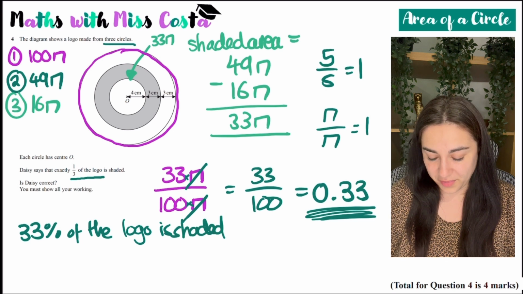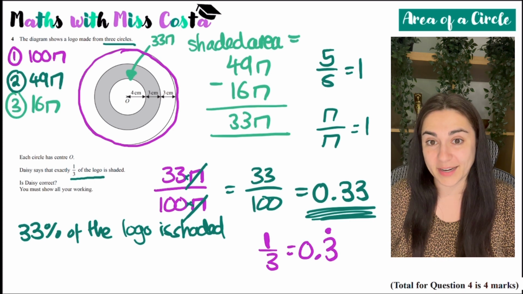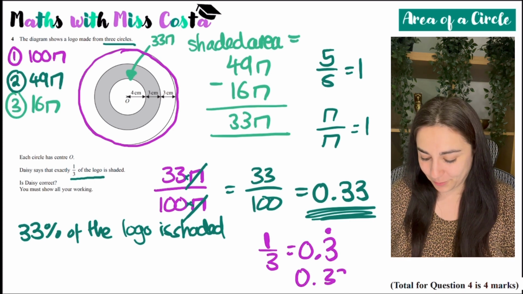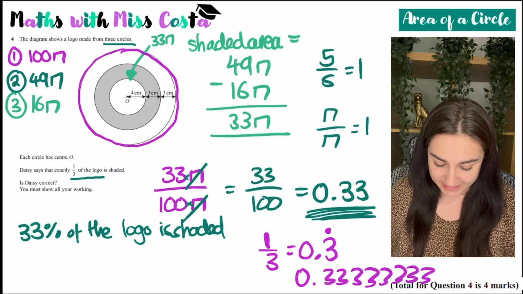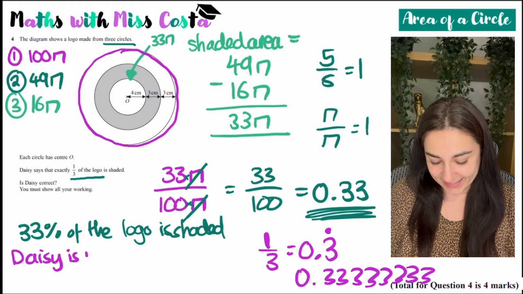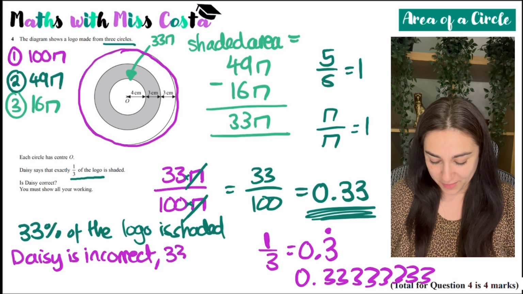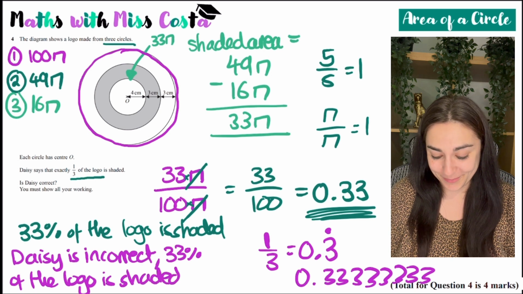And what is a third as a percentage? Well, a third as a percentage is 0.3 recurring, which means it would have to be 0.333333333 going on until infinity. So therefore, Daisy is incorrect. 33% of the logo is shaded. So she was very close, but she was